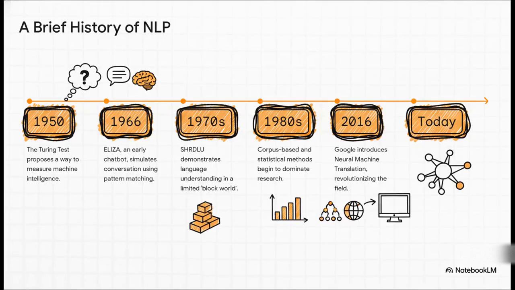And you can see how our approach to solving that problem has evolved over time. It started with big philosophical ideas like the Turing test and these early, simple, rule-based systems like ELIZA. They were clever for their time, but they were super brittle. You gave them an input they didn't expect, and they just broke. The real game changer happened in the 80s when the whole field shifted to a statistical, data-driven approach. Instead of trying to handwrite a rule for every single thing, we just started feeding computers massive amounts of text and letting them learn the patterns themselves. And that shift is what led us directly to the incredible neural networks and LLMs that we have today.